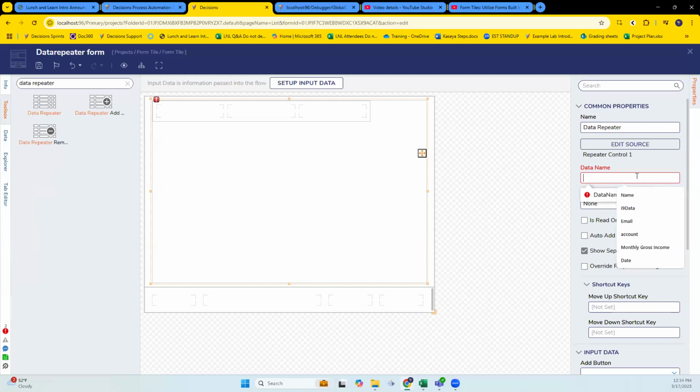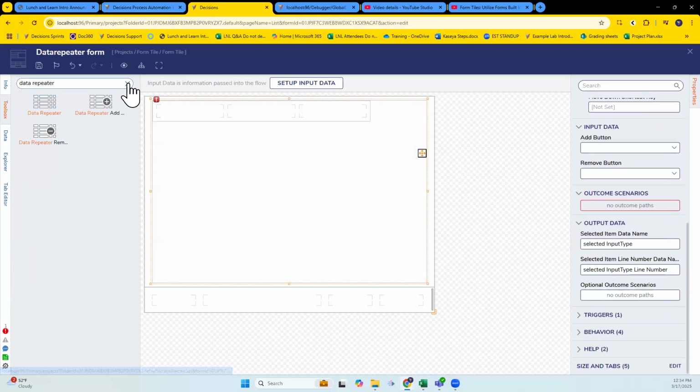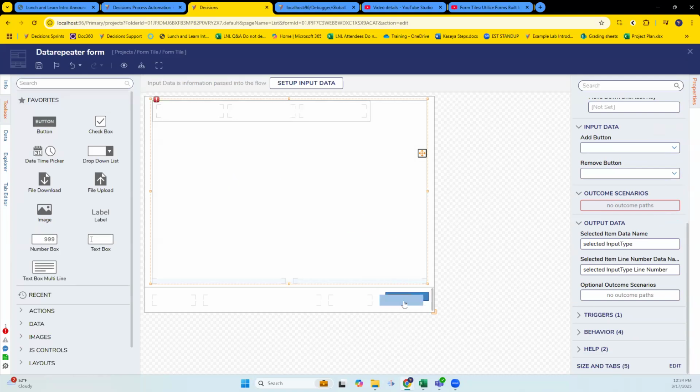Data name, input type. Put a button on there. It's clear these validations. I'm trying to remember.